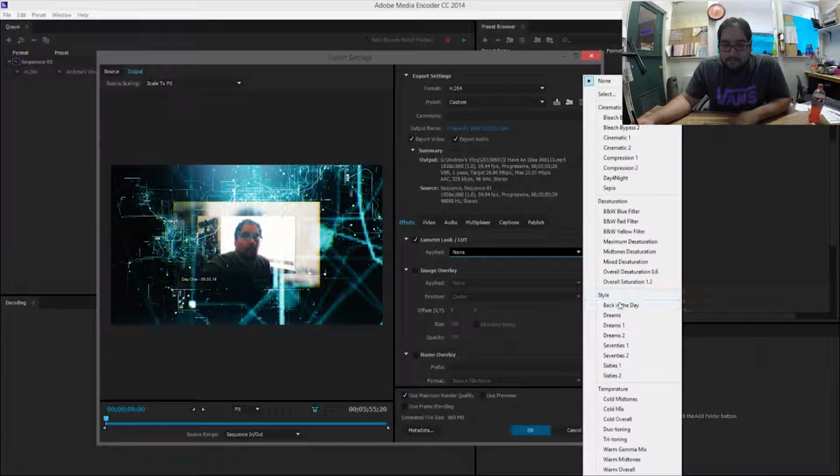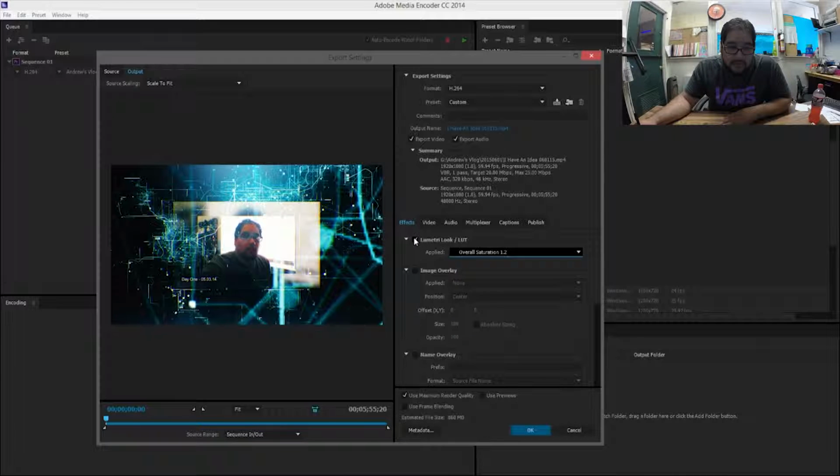You can do them by clip, or you can do it at the end and add one that adds overall saturation. See, look, it just changes it up just a little bit. But that's why you want to do it by clip, so you can add as many LUTs as you want. Look up table. It will look up the colors in a specific table, just a basic standard color table, and it will add whatever math and numbers are in that table to create certain looks, like